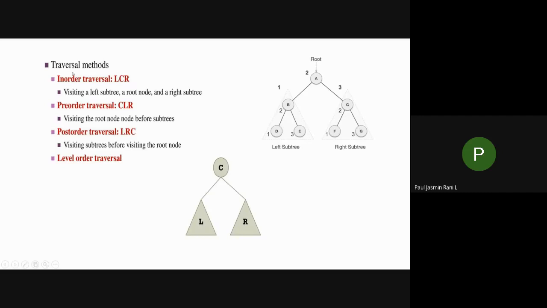So here we have four types of traversal. Basically, we have three types: in-order, pre-order, post-order. Normally, we have another type, that is level order traversal. When you travel level-wise, we call that level order traversal. So the first one is in-order traversal. Already you might have studied infix expression, prefix expression, postfix expression in your second unit. Am I right? So this is similar to that.